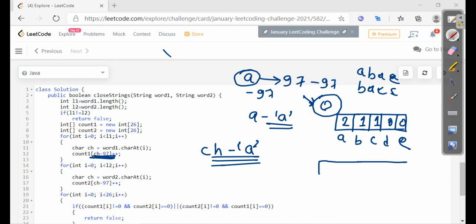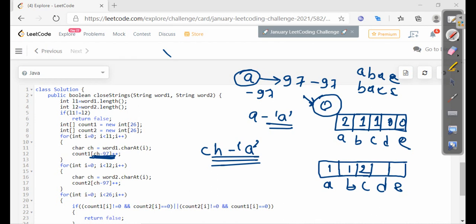And in the second array the values will be stored as the value of A will be 1, value of B will be 1, value of C will be 2.